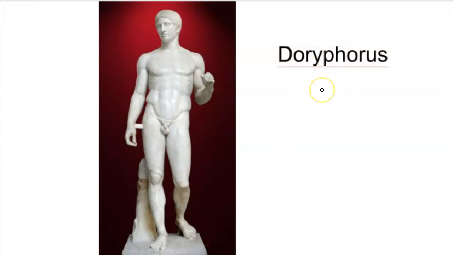Doryphoros for us means the spear bearer, the spear carrier. Doru is just the word for spear, and phoros just means to carry. And it originally would have had a spear right through this hand. Those kind of details were often added in bronze or even wood. Okay. The thing that's remarkable here is how far we've come